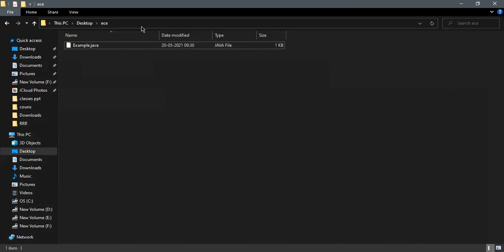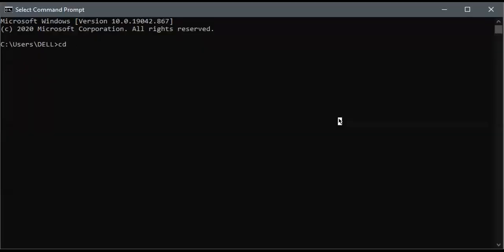To get that through the command prompt, how are we going to do it? Just copy the address bar. This is the address bar. So copy the path of it. Just copy it and go to the command prompt and paste over here. There is a cd command and there is a path over here, and press enter. Then you are entered into the folder where the file is available.